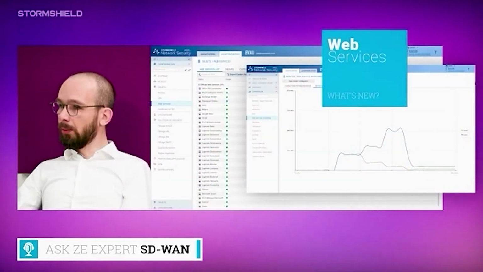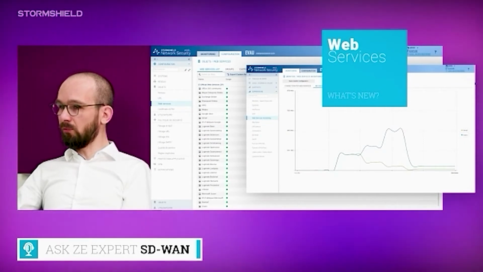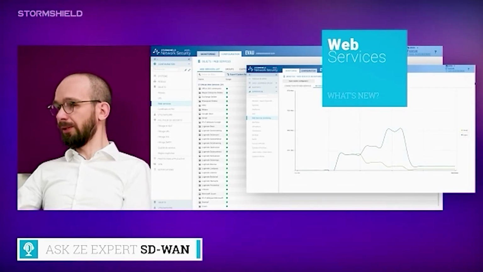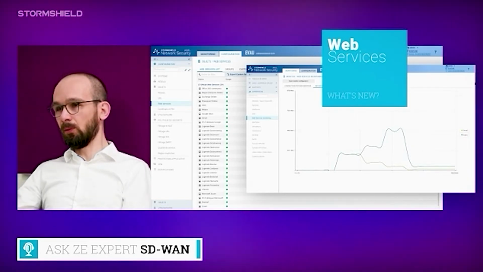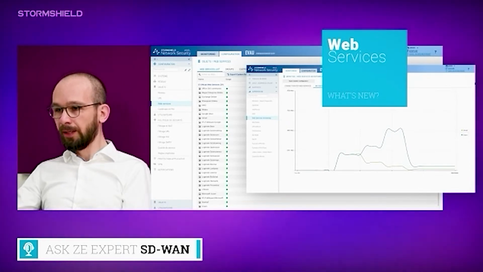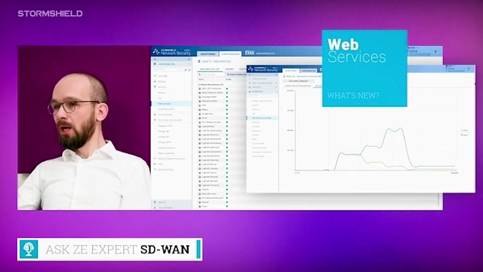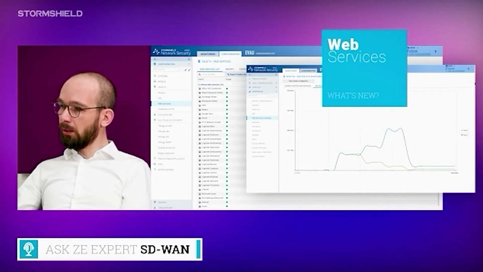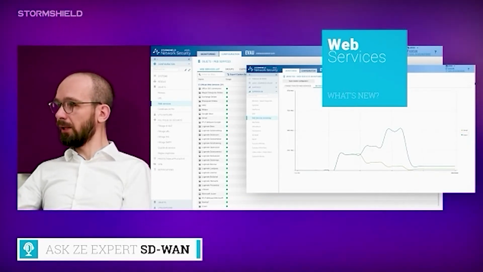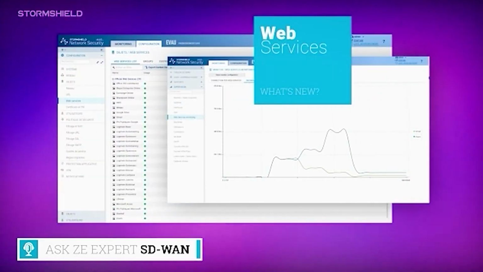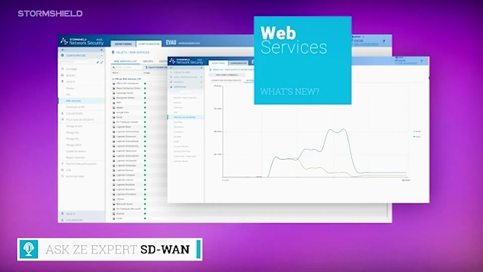We will introduce the notion of web services, with a default list of a little more than 10 web services available directly in the SNS. And as we know that it will not be enough, we will allow administrators to define their own web service by entering a list of IPs, subnets, FQDN,